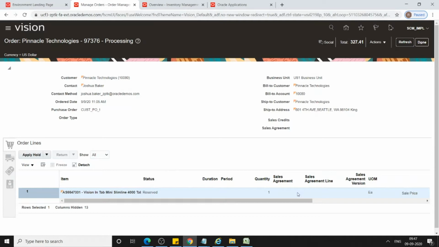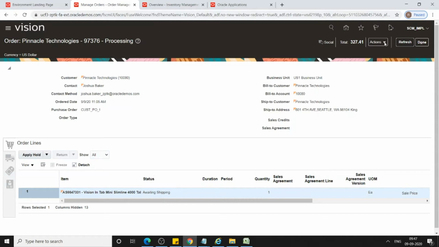So instead of going to the order orchestration process to see how the order line workflow progresses, I'll keep on refreshing until the status changes to awaiting shipping. So now the status got changed to awaiting shipping, which means this particular line is ready for shipping.